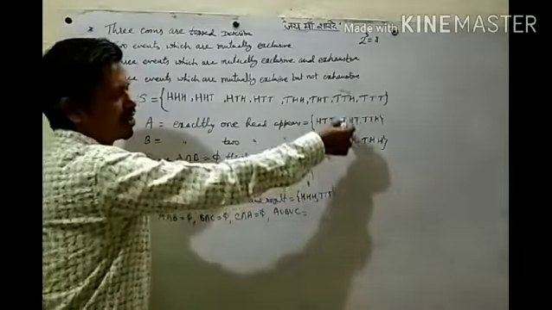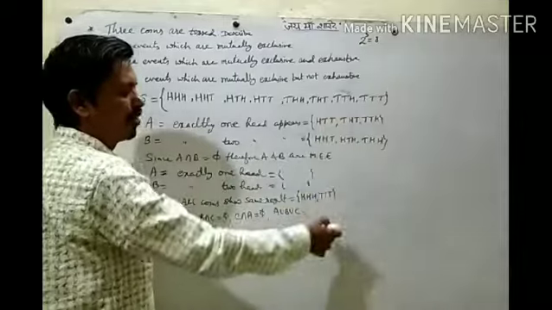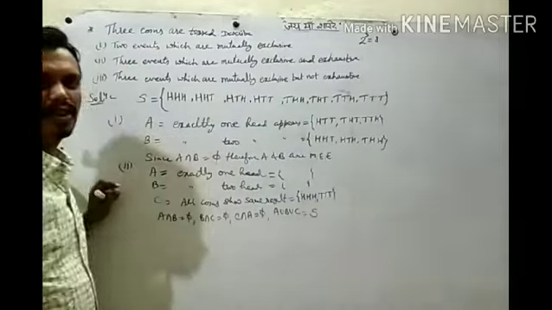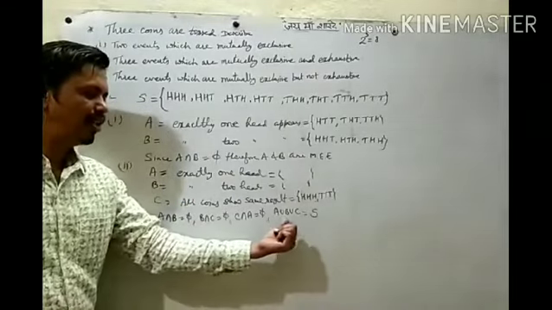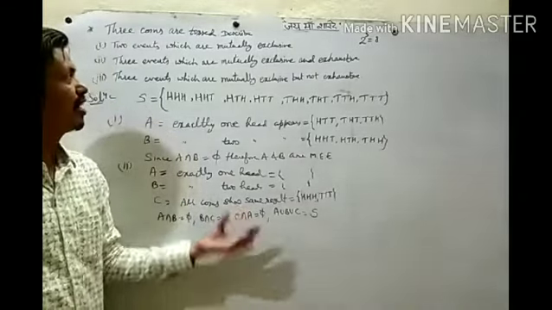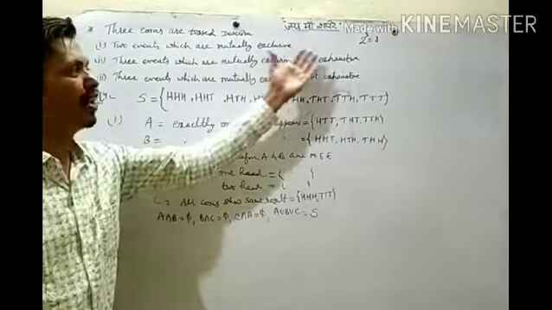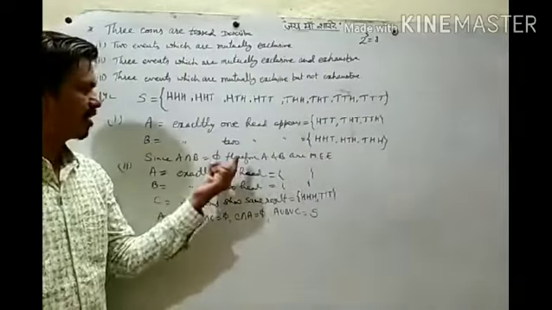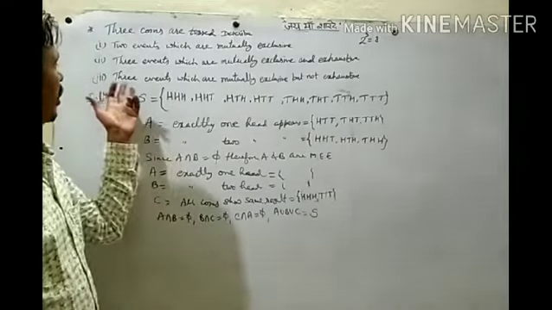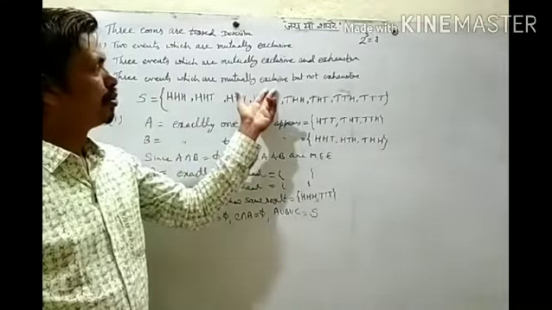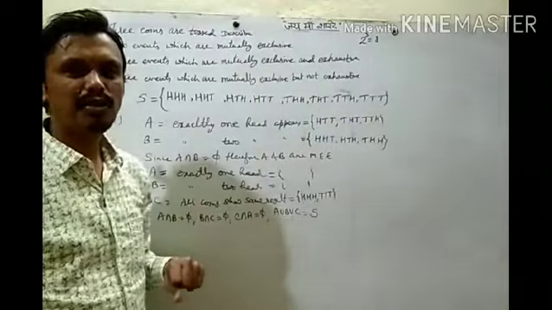We take all three elements, and that will be our sample space. So their intersection is the null set and the union is the sample space. So these are mutually exclusive and exhaustive events. These three events are mutually exclusive and exhaustive. Then here we need three events which are mutually exclusive but not exhaustive.